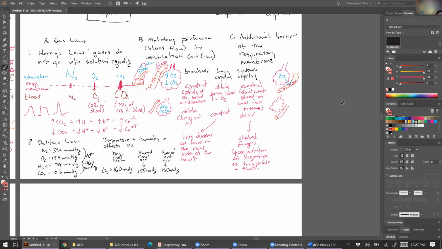So here's where I just use the word cluster mess so much. Because remember from ventilation, that fluid already makes it hard to take a breath in. Fluid is sticky, it's cohesive. You can't increase volume, you can't decrease pressure. You can't decrease pressure, you can't breathe in. But now if you have extra fluid, then that's an additional barrier. So fluid is an additional barrier